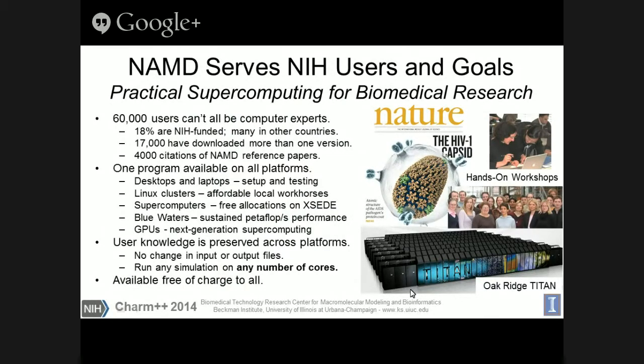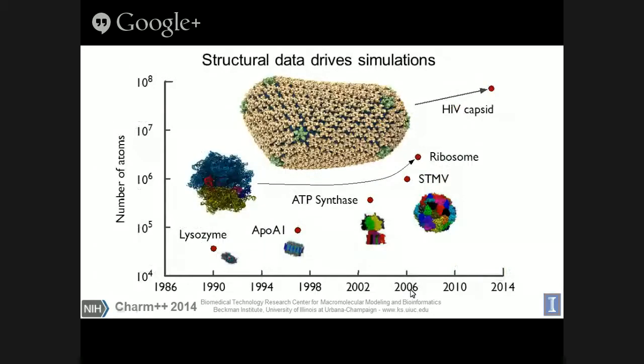So we've also moved up the scale. Over time, this is what we've been doing. Machines have gotten larger, the software's gotten more capable. We've gone from single proteins to small protein lipid complexes. This is ATP synthase. This is a little ratcheting thing that stores chemical energy in the cell. This was the first virus we did back in 2006, satellite tobacco mosaic virus. It's a virus, but it can only infect a cell that's already infected by another virus. So the tobacco mosaic virus is the main virus, and if you've got that, then this virus